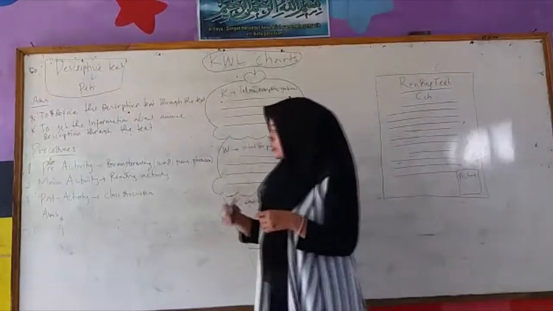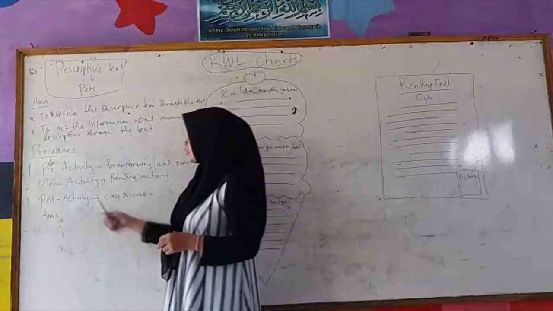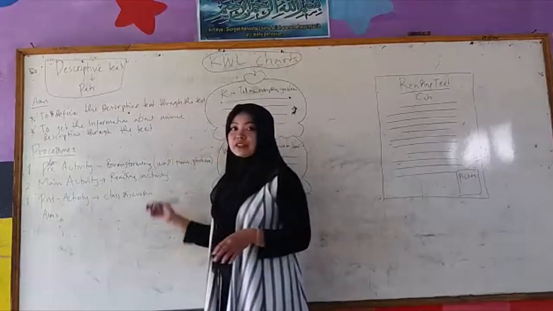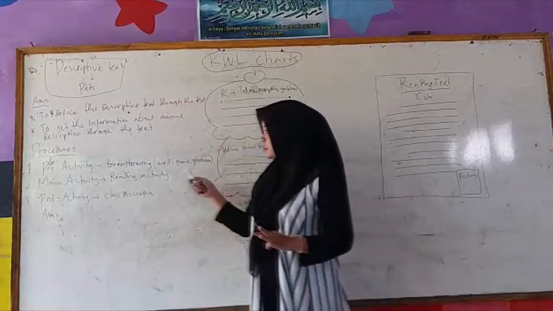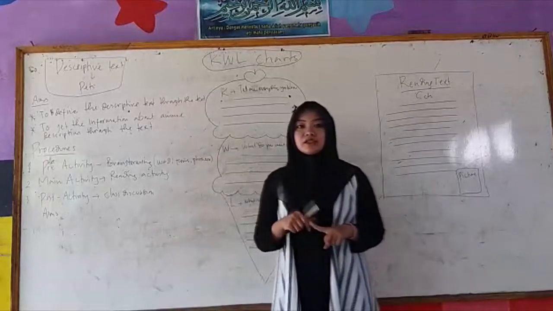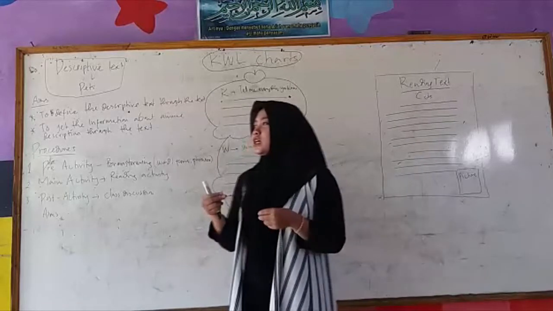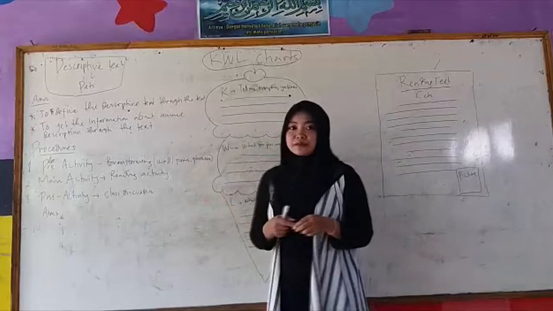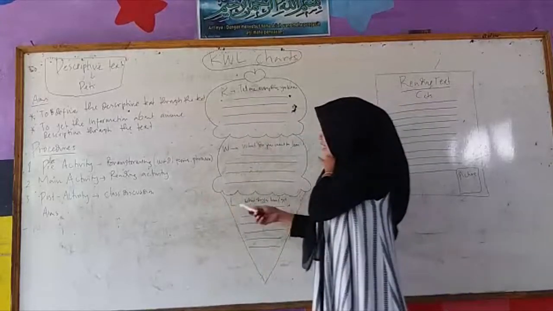Okay, and the next, or the last procedure, is post activity. In this post activity, there is a class discussion, and there are 3 steps in this procedure. The first is the students will present about their work in the L column,